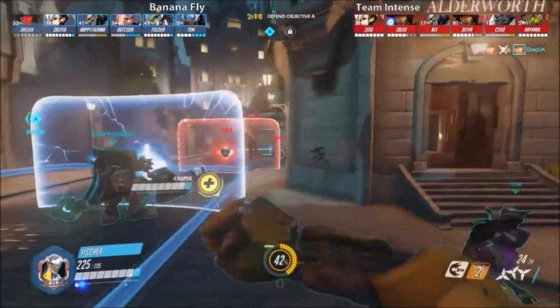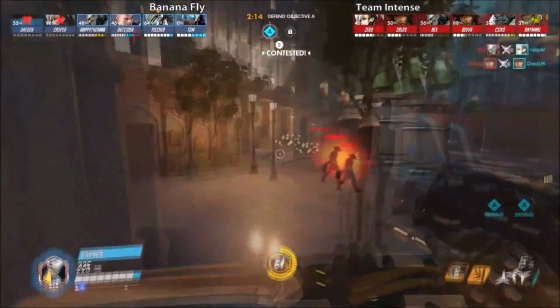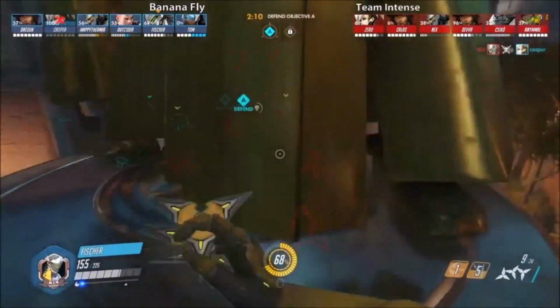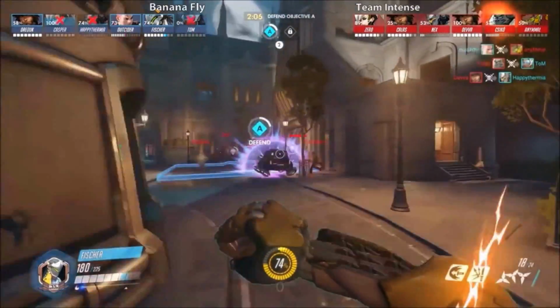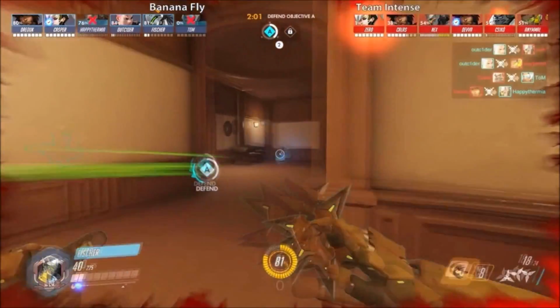Now for the pro tips. Genji's projectiles don't travel instantly, and they don't even travel altogether. So you need to be really good at leading your crosshair if you really want to be effective at longer distances. Another really good tip I noticed, so number two: Genjis really forget to use their reflect when using